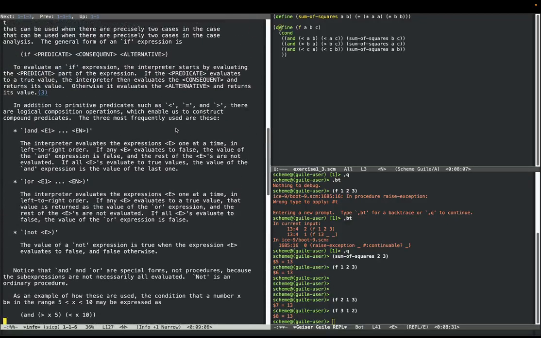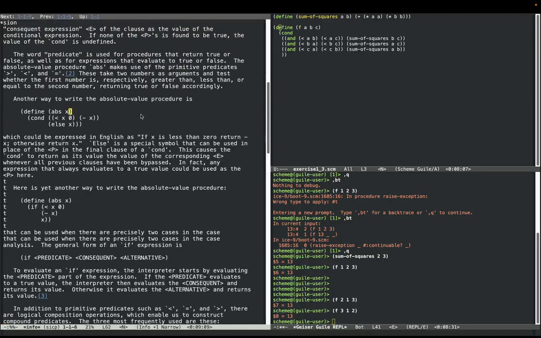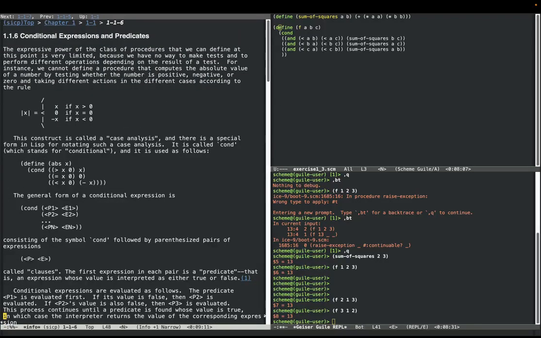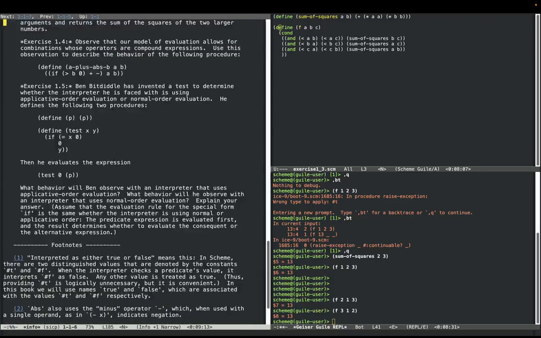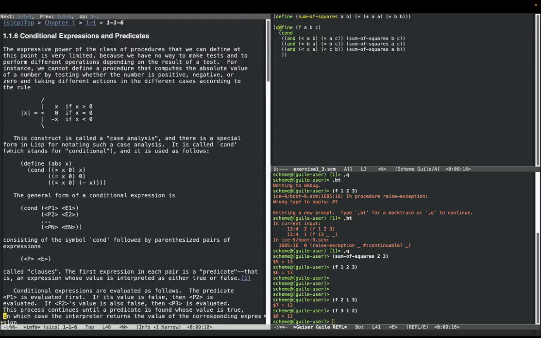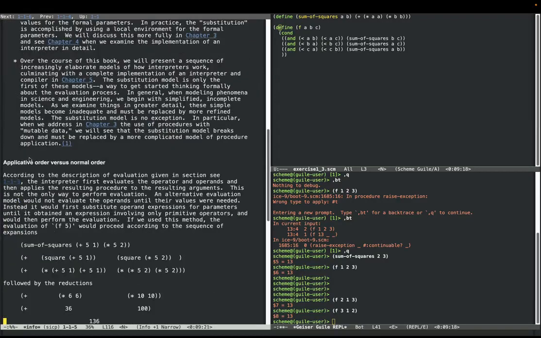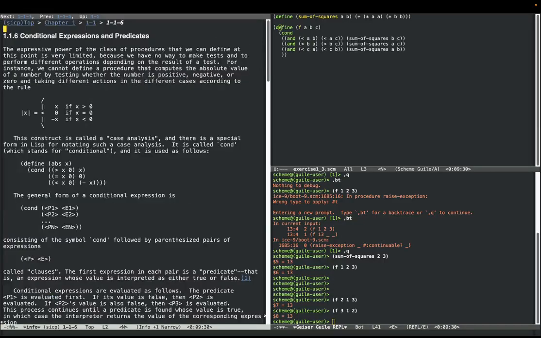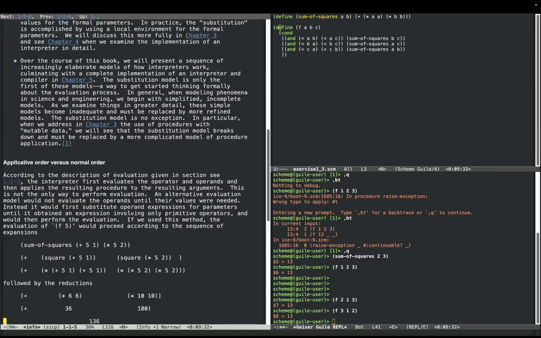Let's go back. Okay, well, that is further than we were. Here. Applicative order versus normal order. According to the description of evaluation, first operator, then operands. So okay, so I'm going to assume they're asking applicative order. So if we evaluate everything and